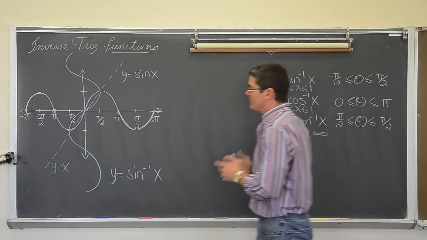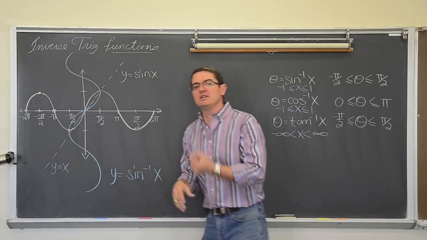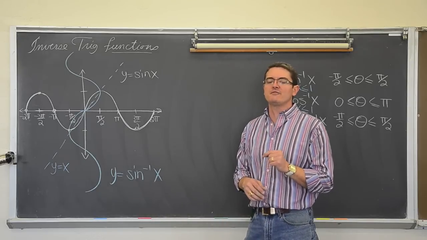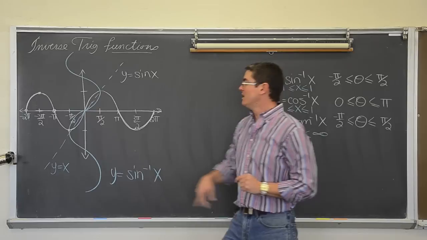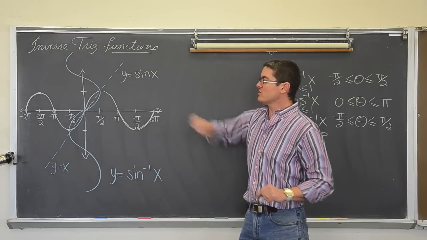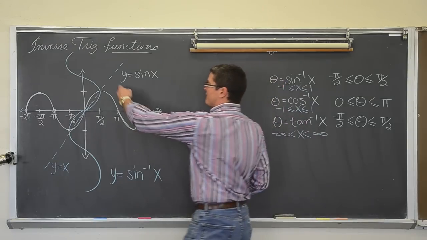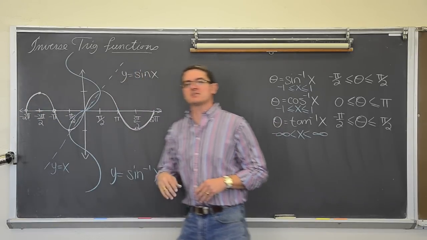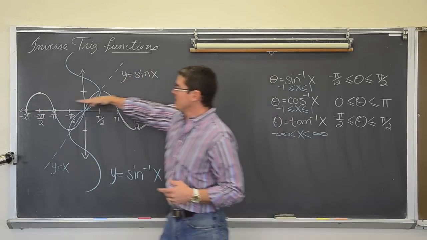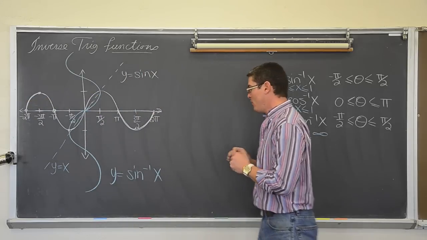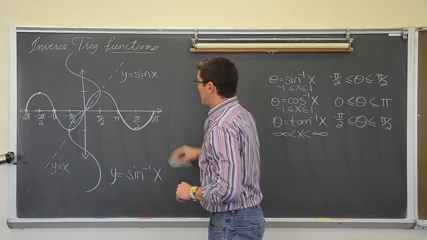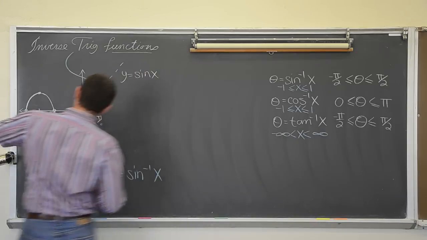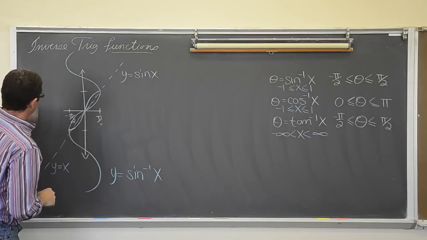Now, what's happening here is when you have a function and you want the inverse of that function, and you want an inverse function, not an inverse relation, the original graph needs to be 1 to 1. It needs to pass a vertical line test and a horizontal line test. Well, this sine graph is oscillating along the x-axis, and therefore it will certainly not pass the horizontal line test. So what we do, and where these restrictions come from, is we take the sine graph and we restrict its domain to basically just this tiny little scribble,